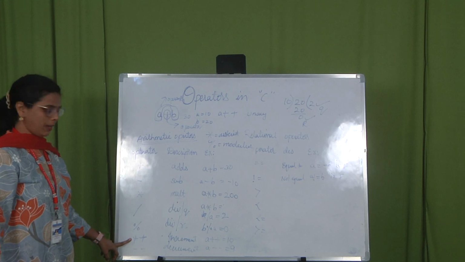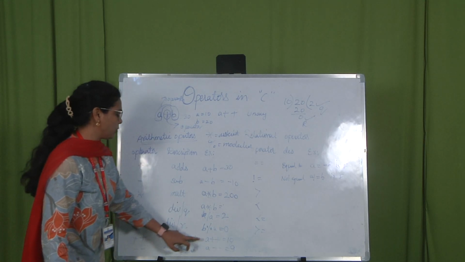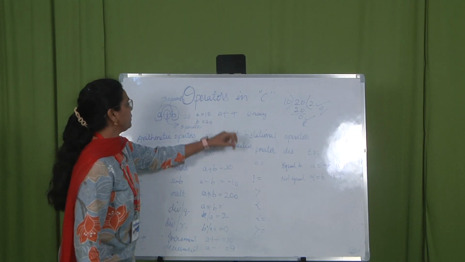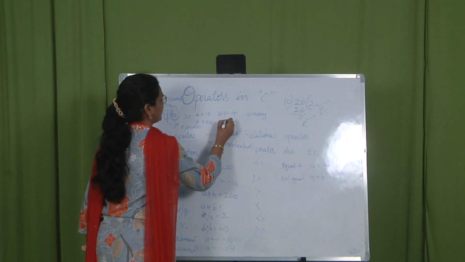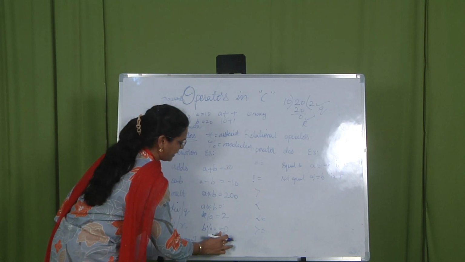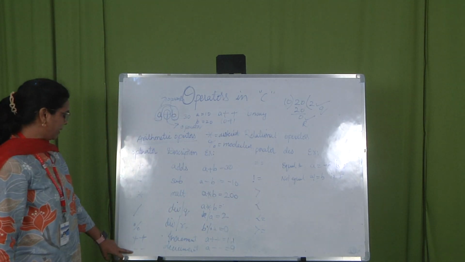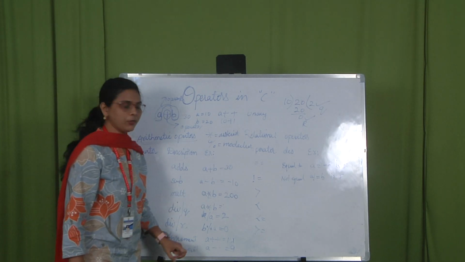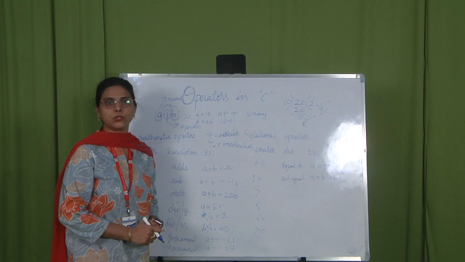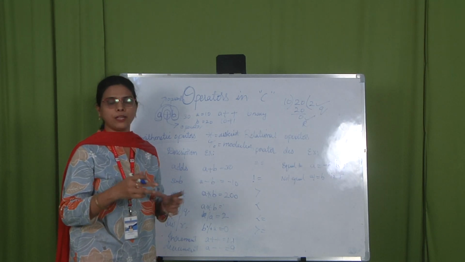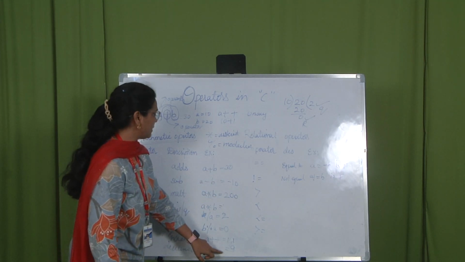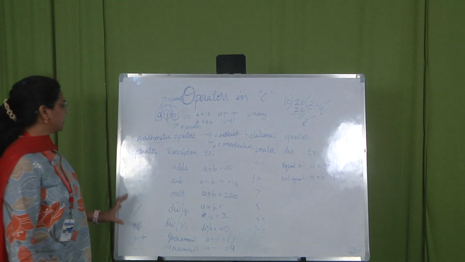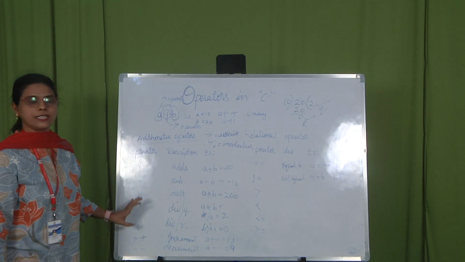The first one is plus plus, that is the increment operator. Whenever you apply plus plus, suppose a is 10, then a plus plus gives 10 plus 1, so you get the answer as 11. The next type of operator is minus minus. This is called the decrement operator. The decrement operator is used to decrease one from the present number. So a minus minus gives 10 minus 1, that is 9. These are the first type of operators that we use in C language.